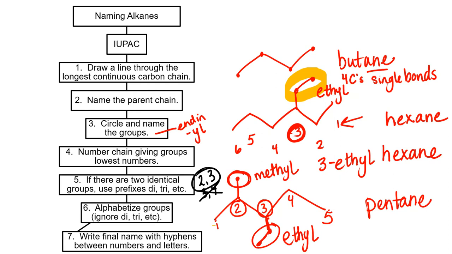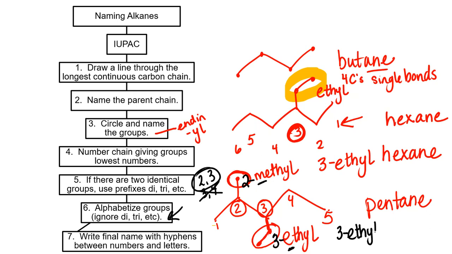So then we have 2-methyl and 3-ethyl. The last thing we need to do is alphabetize these groups. We don't have any dis or tris yet, so we don't have to worry about that, but E does come before M. So we need the final name to be